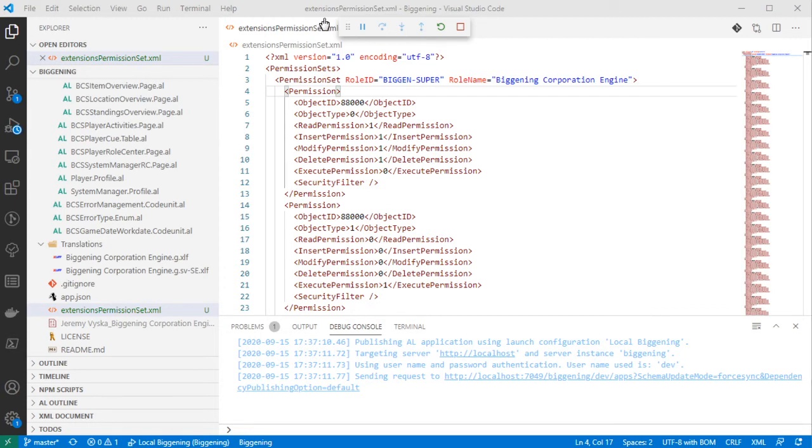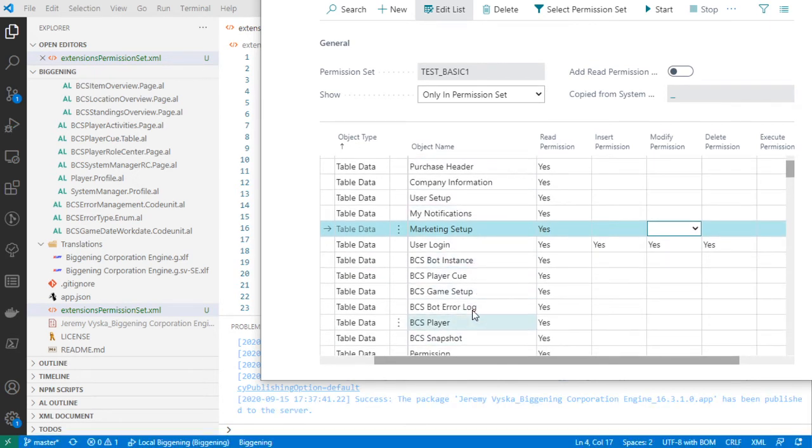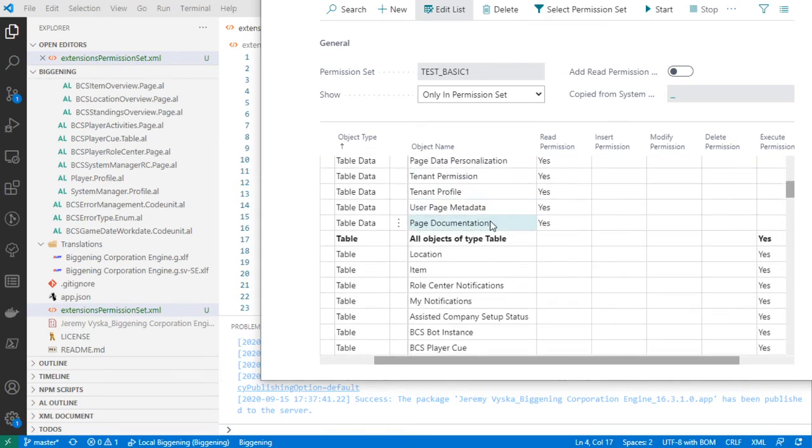Okay, so yeah, I'll figure out what we need to do off camera for a basic permission set. We just need the user to be able to log in, and then strip out all of the Biggening Corporation specific stuff. I think I'll add that as a permission set XML to this repo, so that way people can snag that if they want and import that XML and just have a read-only "I want the user to log in" permission set. Because,